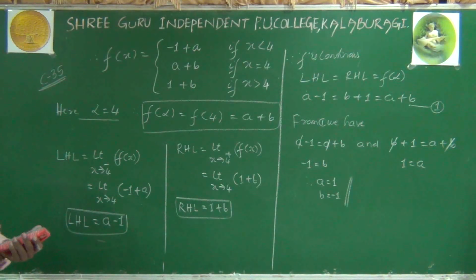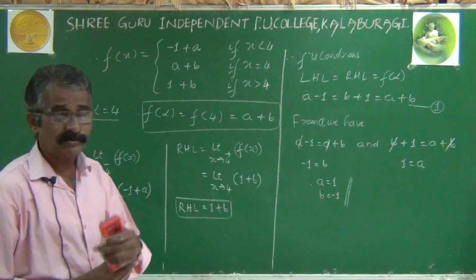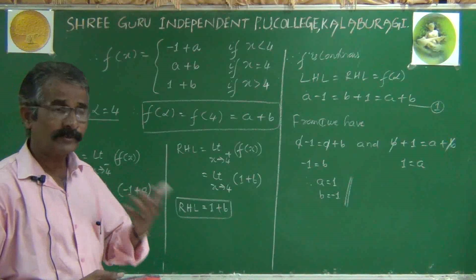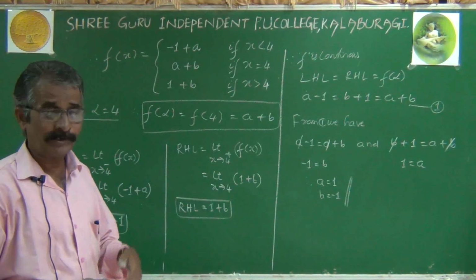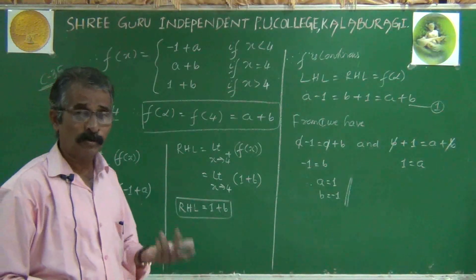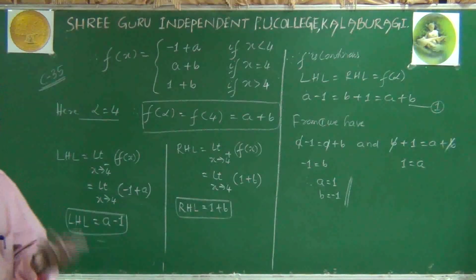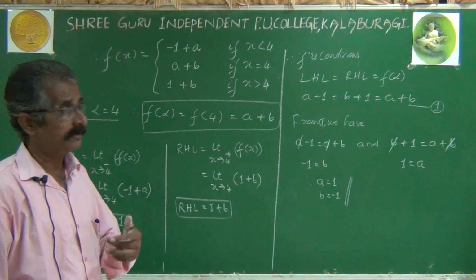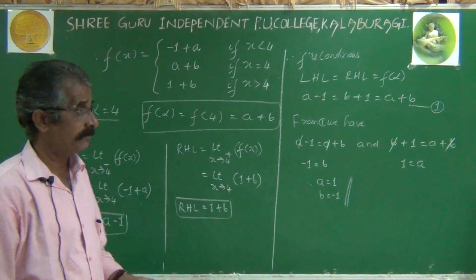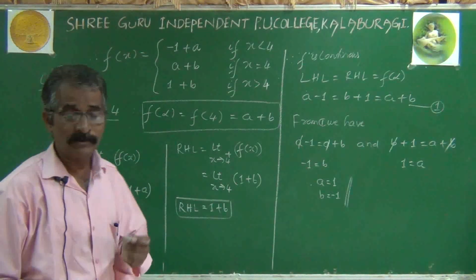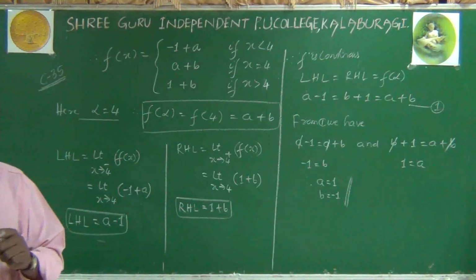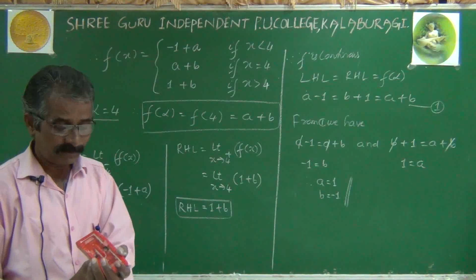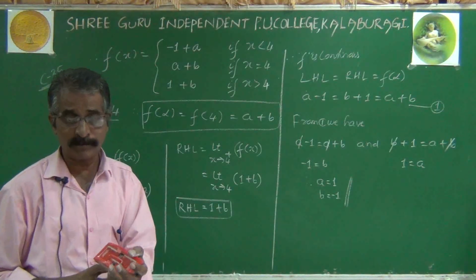Our next coming problems concern finding possible points of continuity or discontinuity. You need to find whether there are 2 points, 3 points, or many points of continuity or discontinuity, that we shall analyze in the next class. So one more kind of problems, to determine possible points of continuity or discontinuity, we shall see in the next part of problems.